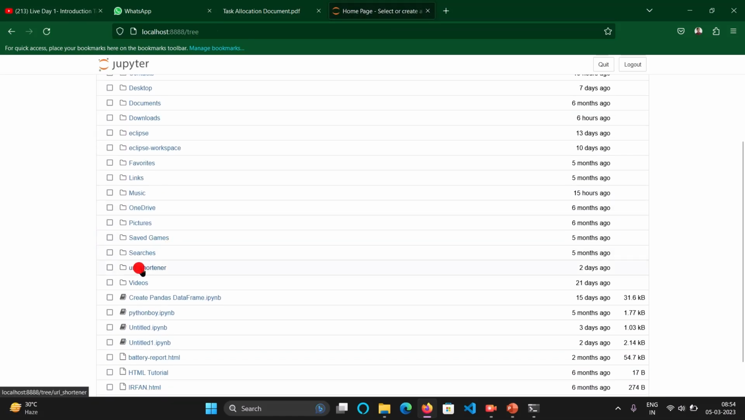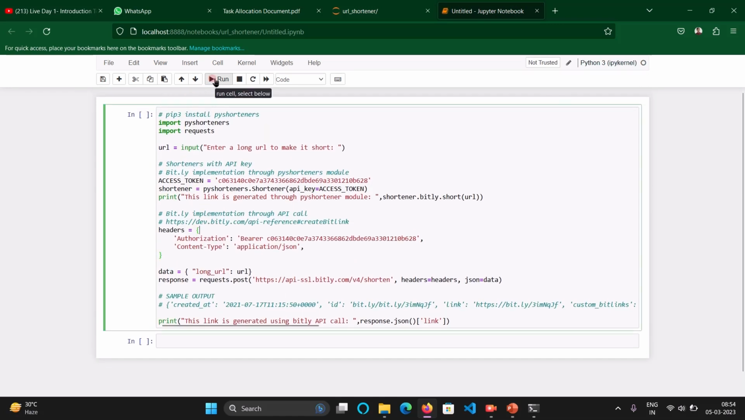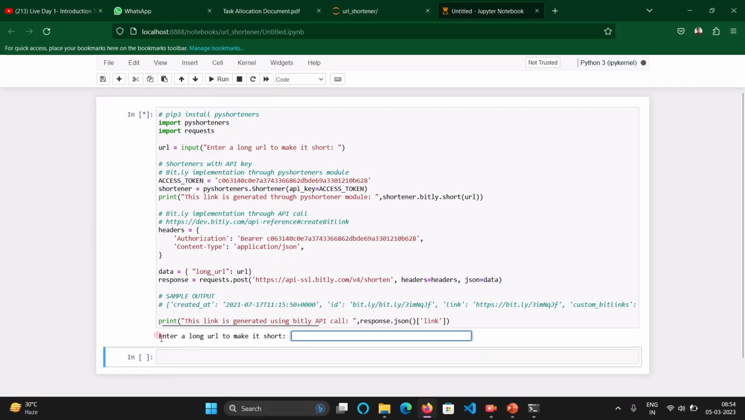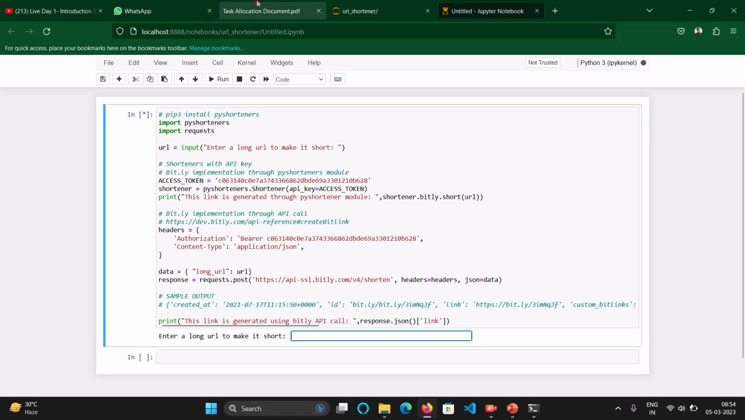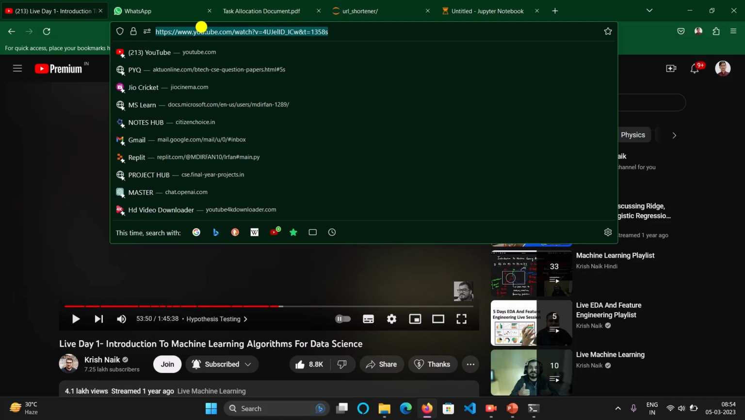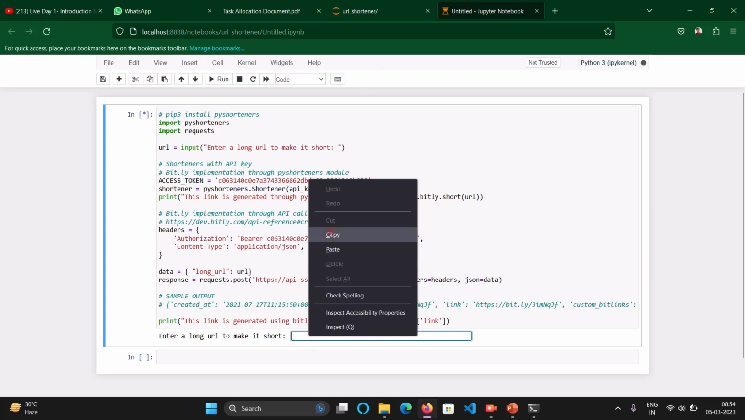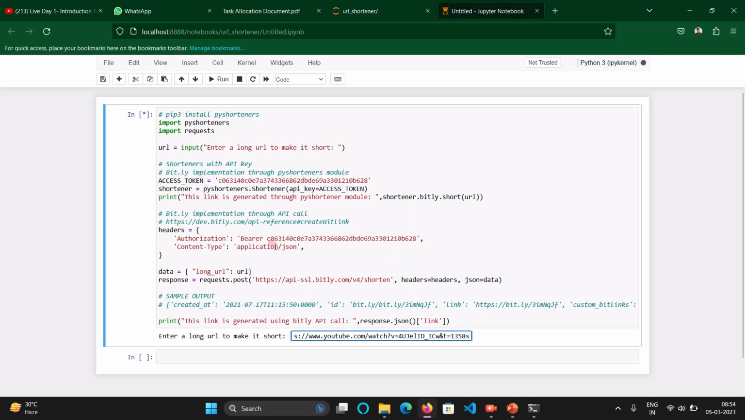So I have made this project, URL Shortener, and I'll just click on it and see how it is working. I'll simply run this. So you can see here it is asking for a long URL. I'll give any URL to it, like I'll copy this URL from YouTube and paste it here. So after clicking enter, it will give me a short URL. So see,